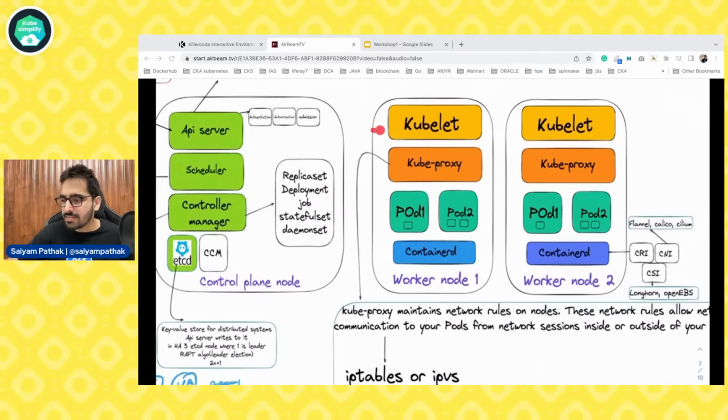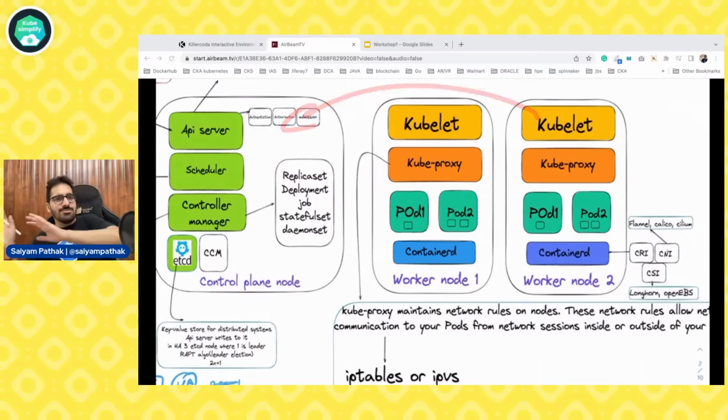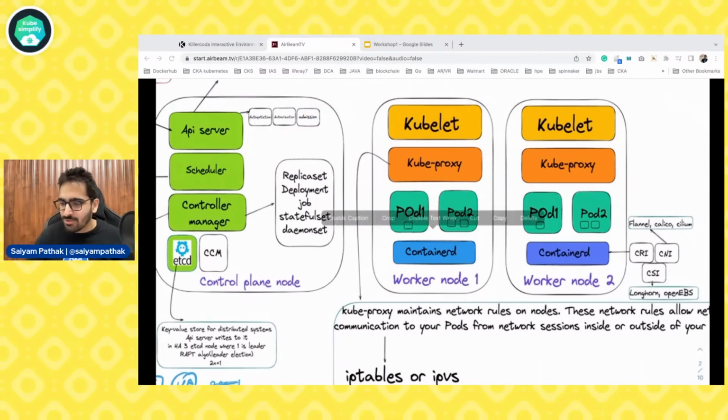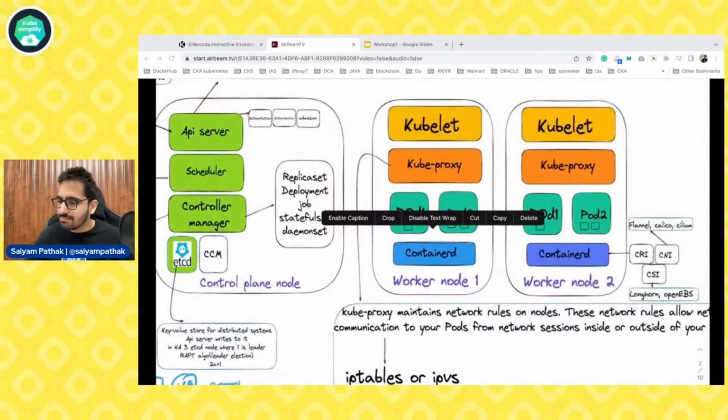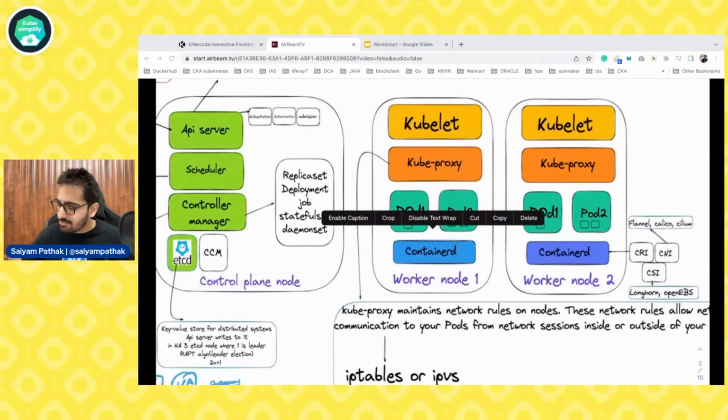And you will be having another component which is called the kubelet, and another component which is called kube-proxy. The kubelet is the component that keeps on polling the API server. Hey, API server, do you have anything for me to run? Tell me, do I need to run anything? And as soon as the scheduler said, okay, this pod needs to run on worker node 1, immediately the API server,